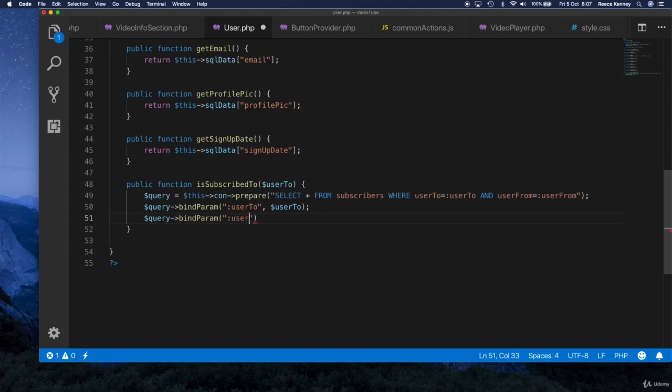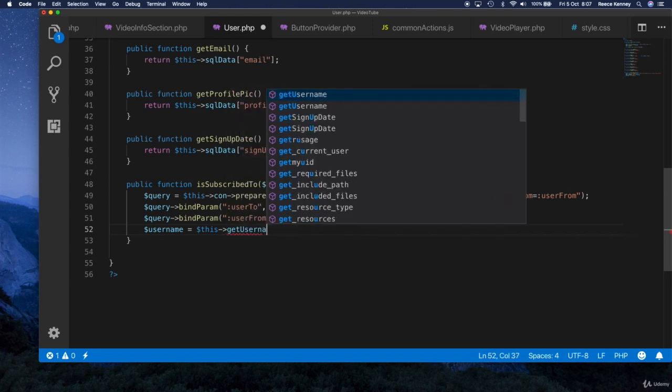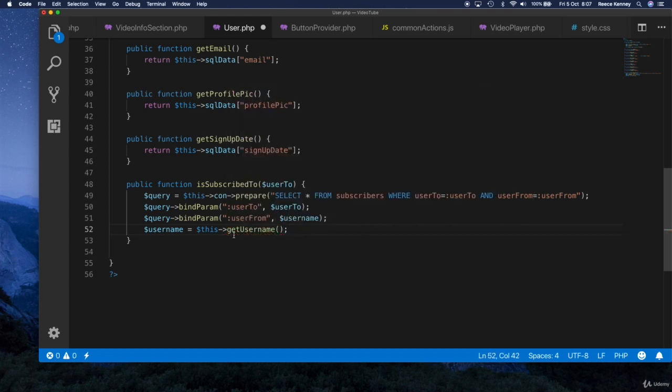We'll just say user from placeholder, and the value of this is going to be username. Underneath there we need to give this username variable a value, because at the moment it's undefined. So let's just say username equals this arrow get username. So we're calling the get username function, which is in this class, so it returns the username of the person we're